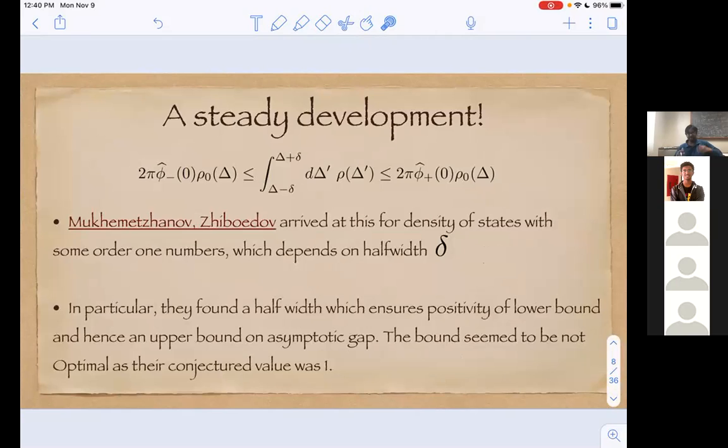So how do we do this? I will start with giving a broad overview, and then I will go into the details. So this all started with a paper which Bauer and Shasha wrote last year.